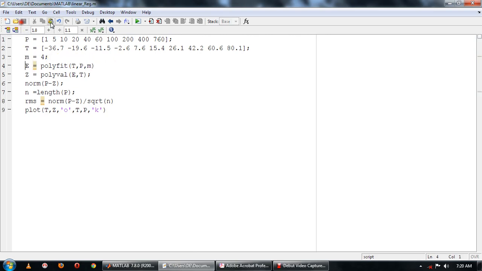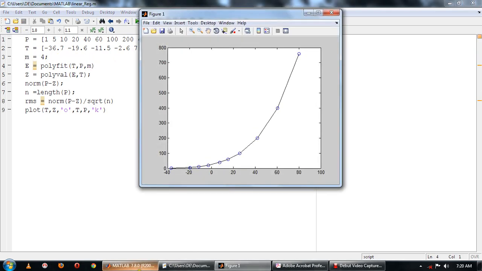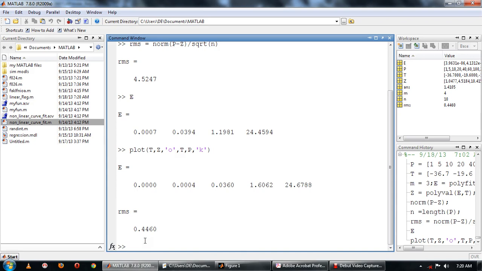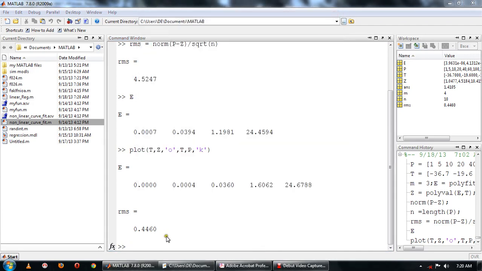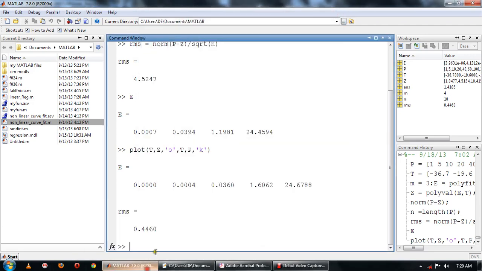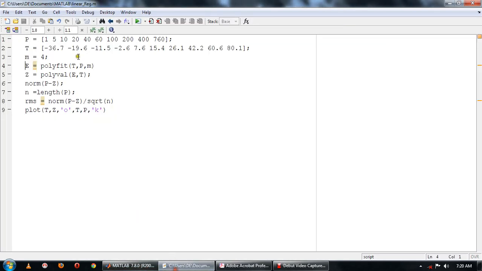Now when we run this, we can see they match exactly. Further, the RMS value decreases, whereas when m was 3, it was 4.5. Now RMS decreases to 0.46. Now to what extent can we decrease the value of RMS? So the question comes, now if I randomly put a value over here, 7,